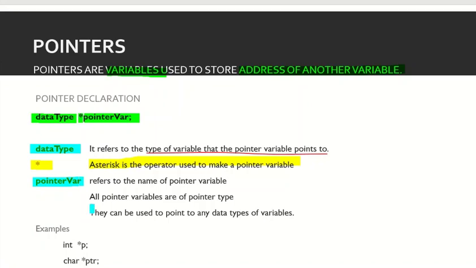So all pointer variables are of pointer type, and they can be used to point to variables of any data type. These are some of the examples: int *p and char *ptr. Here p is the pointer variable, star denotes that p is a pointer type variable, and this p can be